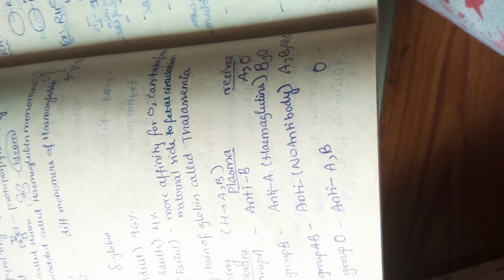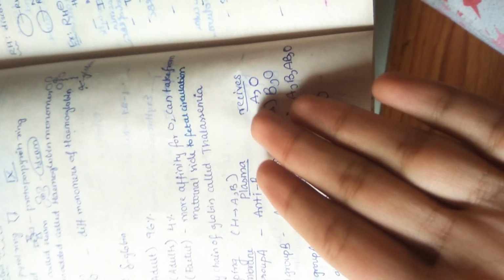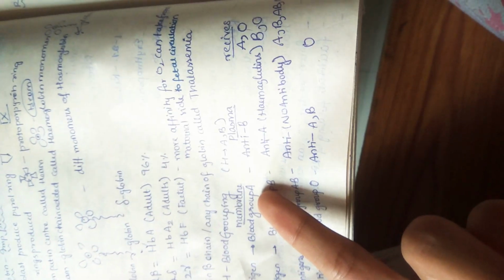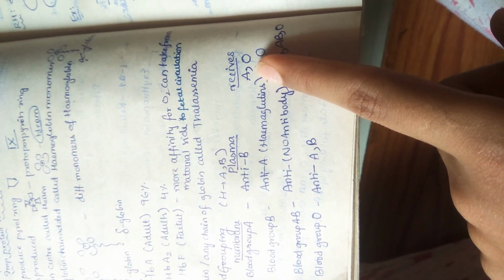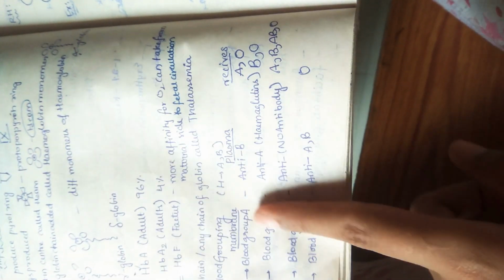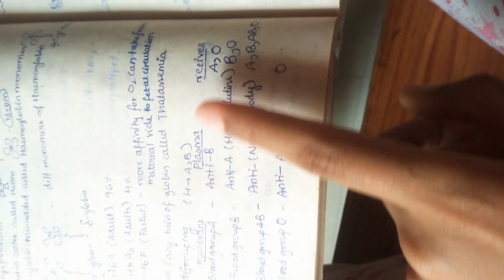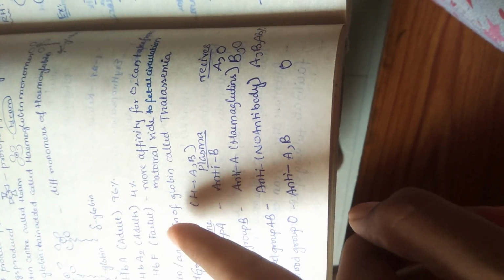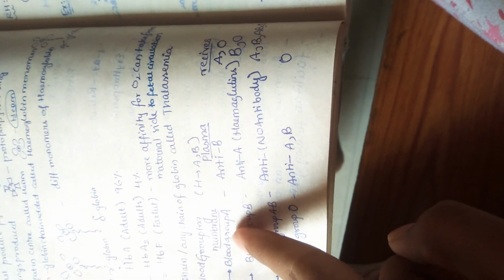Now we will see the receivers. For example, we want to transfer blood to some persons. How do we do blood transfusion according to groups? For example, a blood group A donor is giving blood to a receiver. Who can receive it? Blood group A can receive it, and blood group O can receive it. Because blood group A has a self antigen, and the person produces anti-B but not anti-A. So anti-B in the body cannot affect blood group A. So a blood group A person can take blood group A.